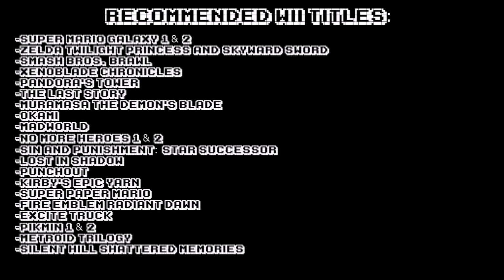Smash Bros. Brawl. Xenoblade Chronicles, which if you like the looks of Xenoblade Chronicles X on the Wii U, you need to play Xenoblade Chronicles. You cannot call yourself an RPG fan, have the ability to play Xenoblade Chronicles, and not play Xenoblade Chronicles. Go get it. Pandora's Tower, The Last Story, Muramasa: The Demon Blade, Okami, MadWorld, No More Heroes 1